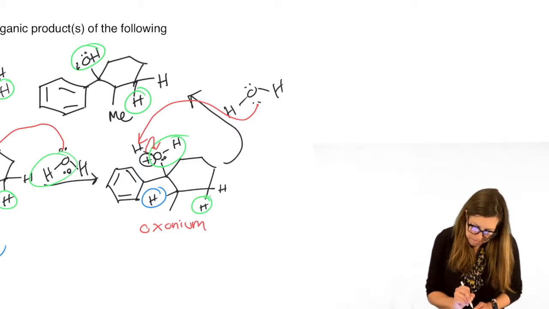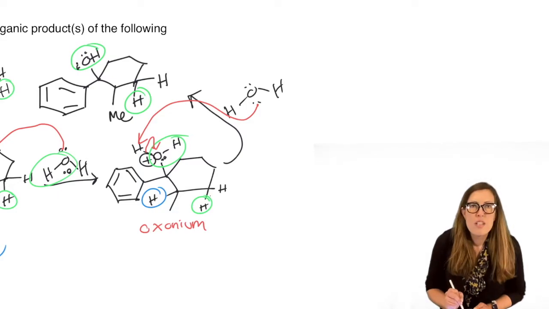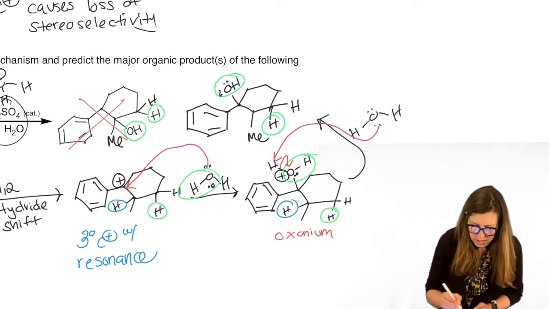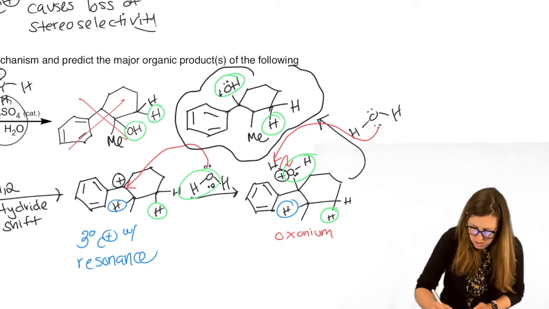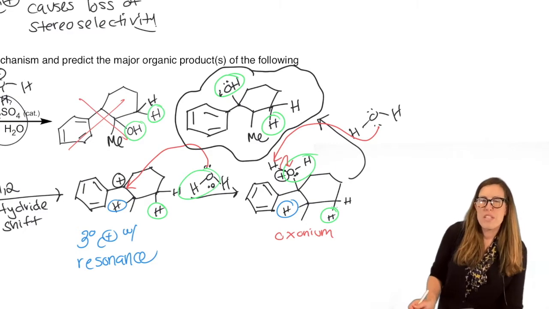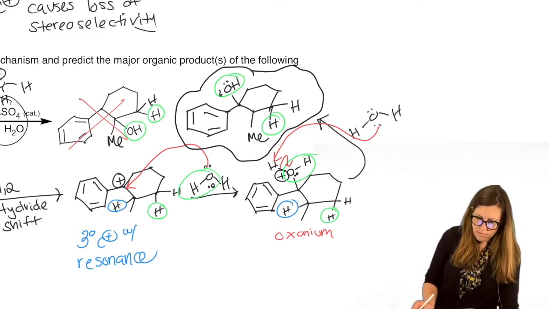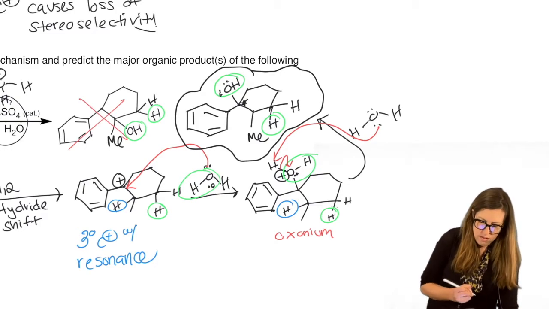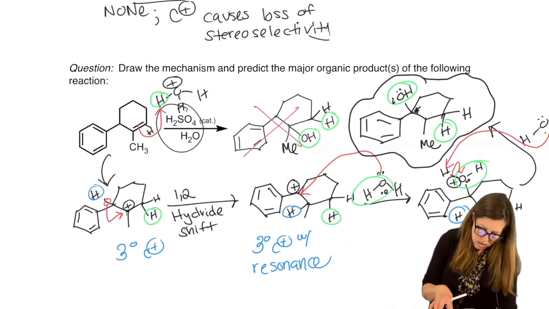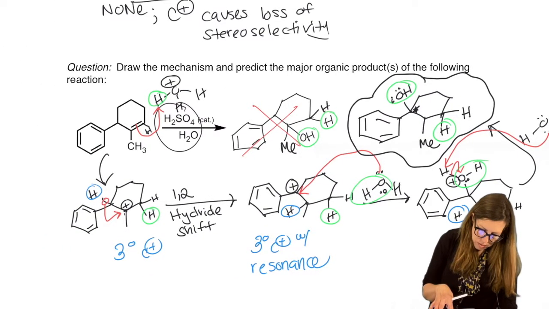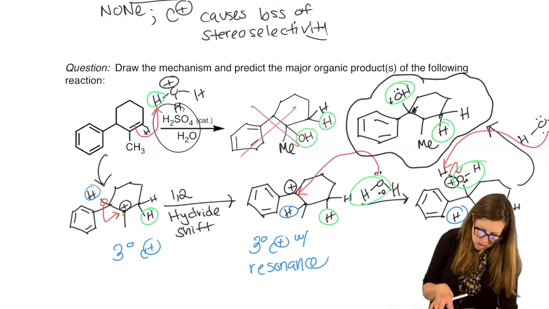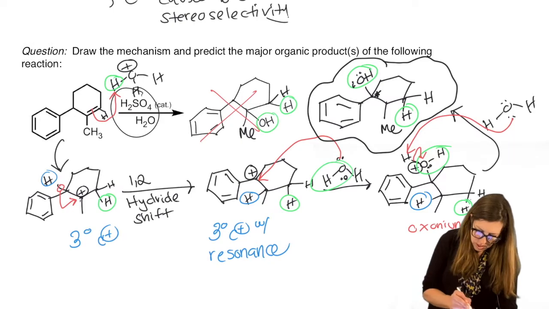Okay, so what we want to think about here also is our final product right here. How many stereoisomers did we form? Well, this is a stereocenter, and it used to not be one. Actually, it always was one, sorry. So that is a stereocenter. The one that used to not be one, because the alkene was over here. This is now a tetrahedral stereocenter.